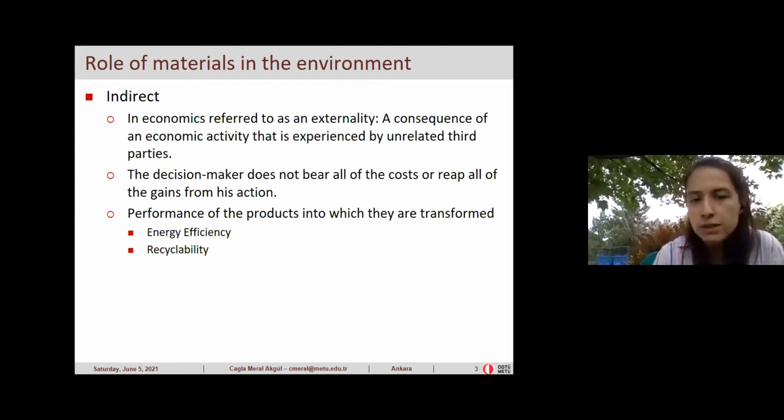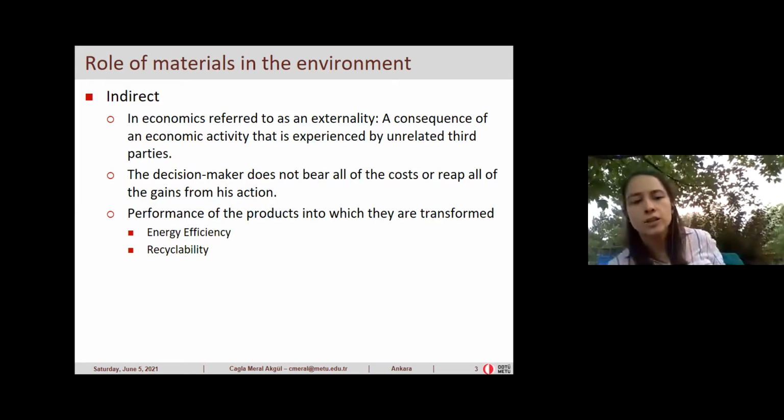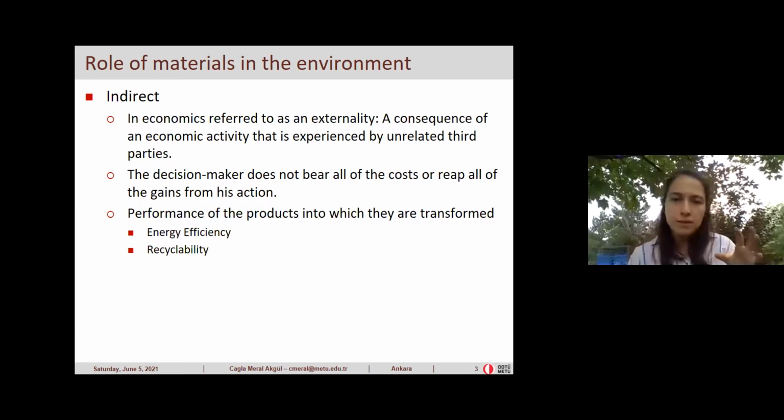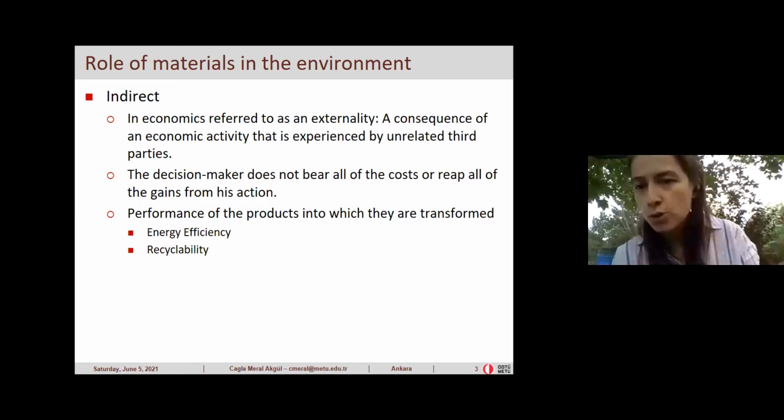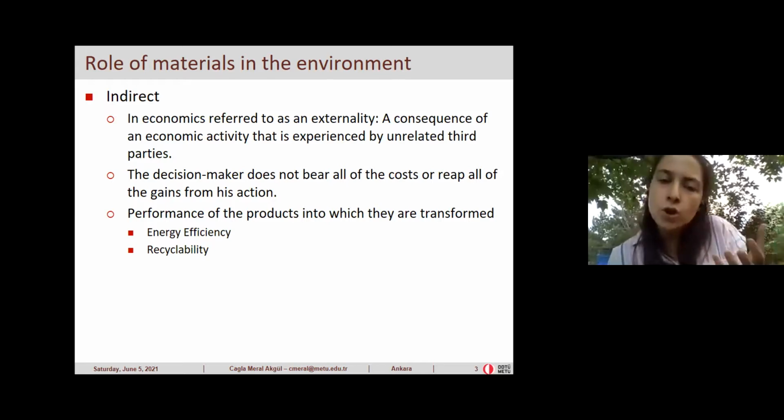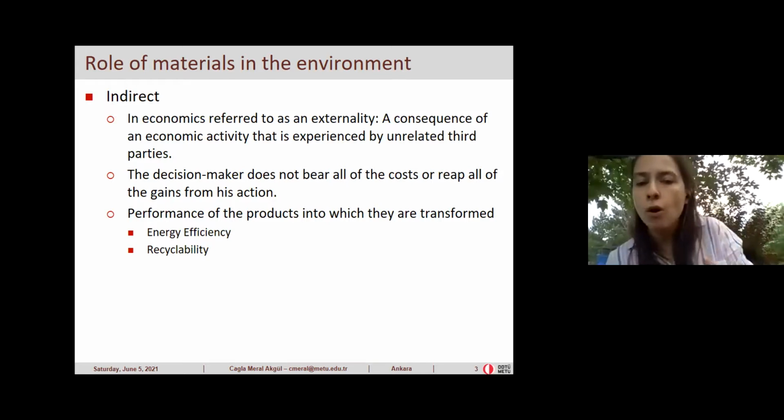And there are also indirect influences. In economics, this is referred as externality. So a consequence of an economic activity that is experienced by unrelated third parties. So what that means is a decision maker, the one that produces something, they don't bear all of the costs or reap all the gains from his action. So for example,